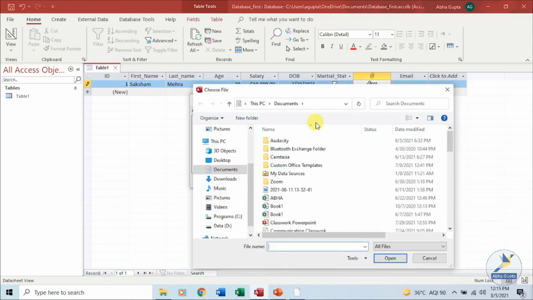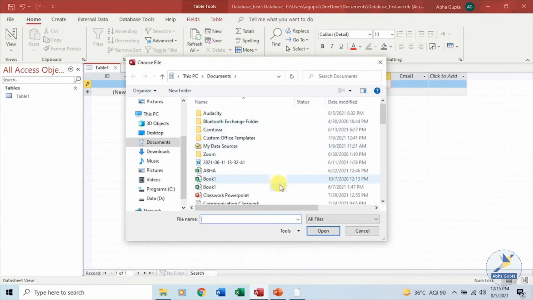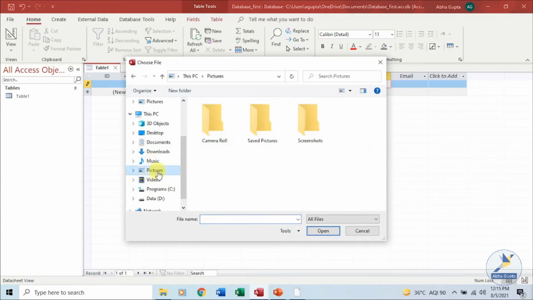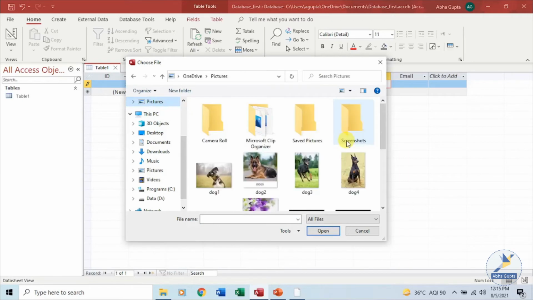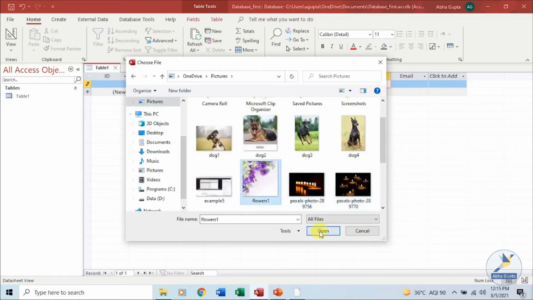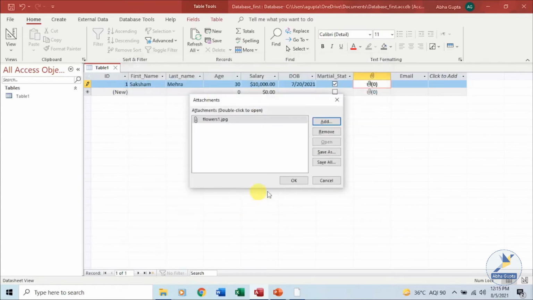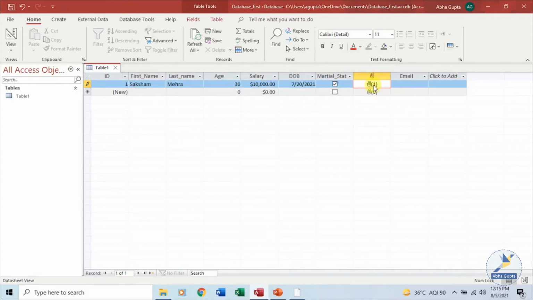So it will open a dialog box for you from where you can select the attachment. I have one attachment attached to this particular field over here.